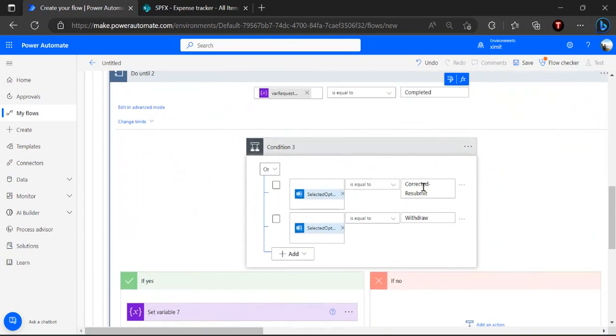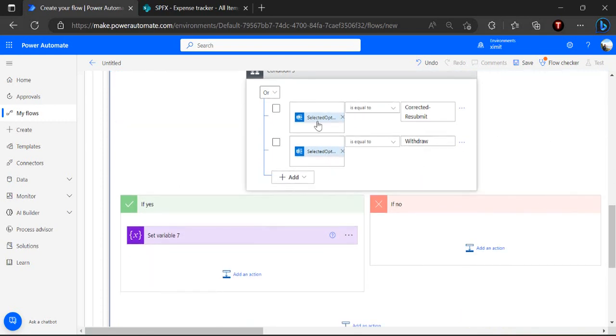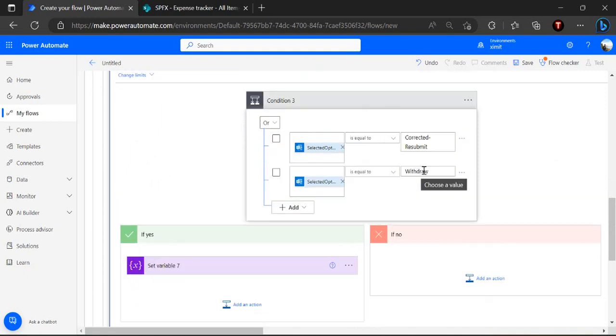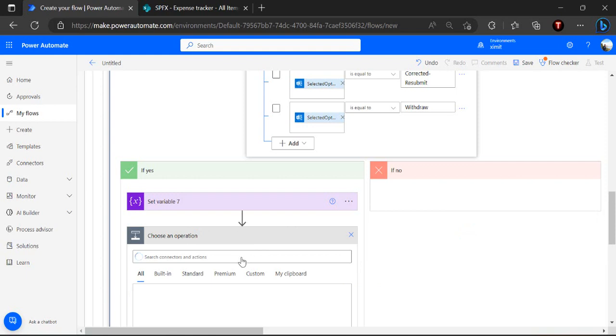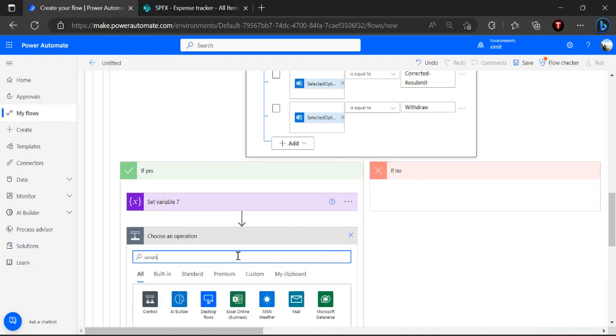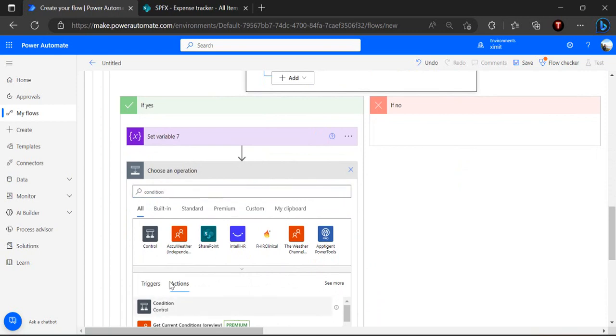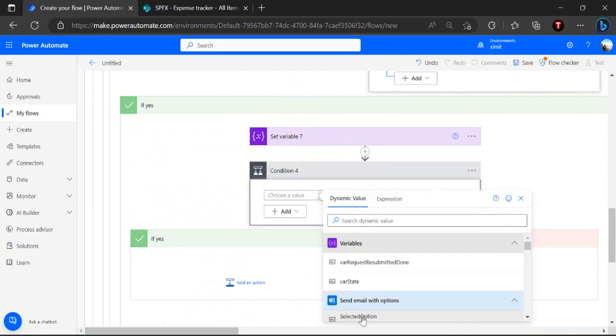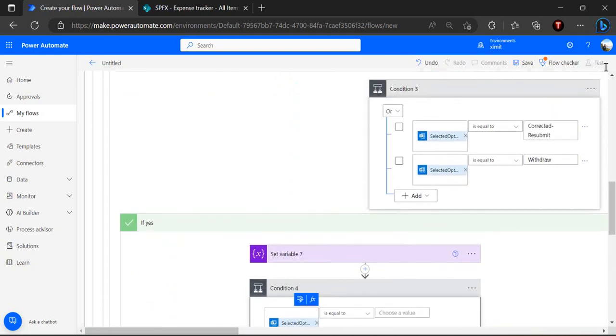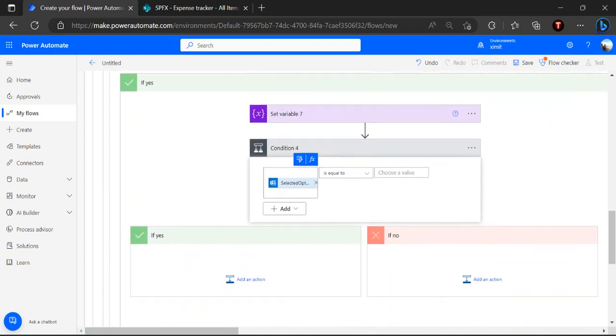So in the next state, how are we going to decide which state we are going to go to? We have to decide on this variable, the selected output option. So either you can actually again check the value of this, corrected, submit, and go to the next step. Otherwise, you can just complete it by setting the var state as completed once withdrawn, and you can update the item as rejected. So over here, what we can do simply is have one more condition. As I said initially, it's getting complex because we want to do everything in one single flow. So if the selected output option is equal to this corrected submit option,